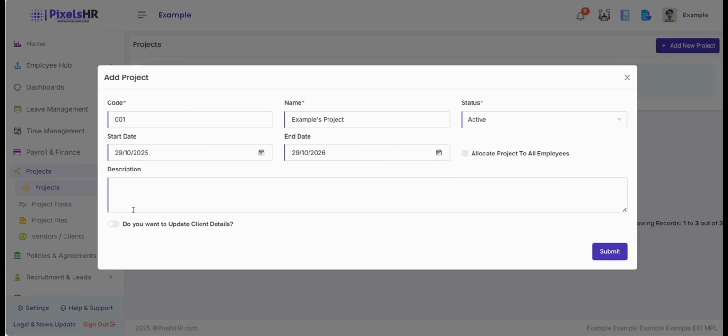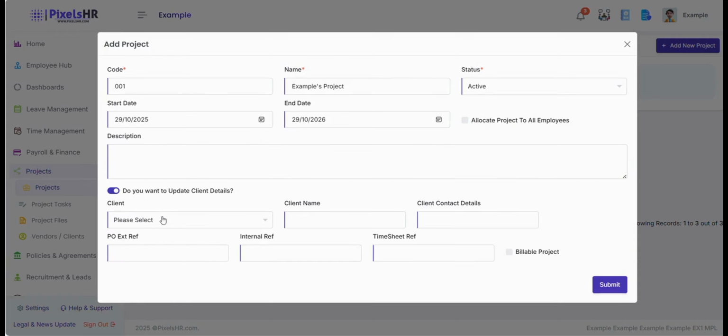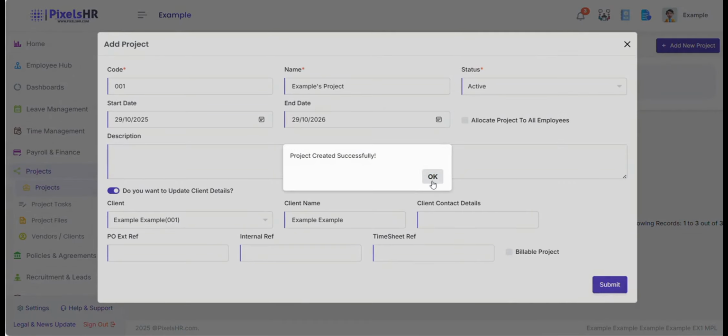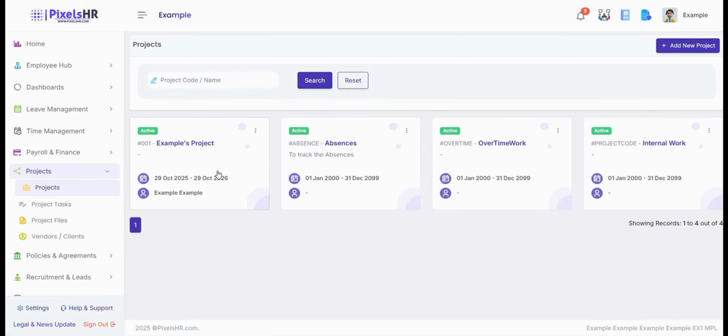Now from here, to assign it to the client, select do you want to update client details. From here, you'll click the drop-down box and assign it to the client and simply submit. This will now create the project and assign it to your new client. From here, you'll be able to head into the project